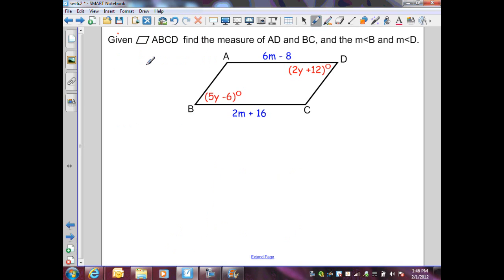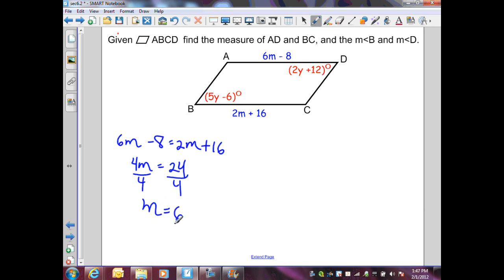Let's look at an example that uses those two theorems. Given parallelogram ABCD, find the measure of AD and BC, and the measure of angle B and the measure of angle D. From the previous theorem 6.1, I know that opposite sides of a parallelogram are congruent. Therefore, I can set up the equation 6m minus 8 equals 2m plus 16. Solving that equation, subtract 2m on both sides, I get 4m. Add 8 on both sides, I get 24. Divide by 4,